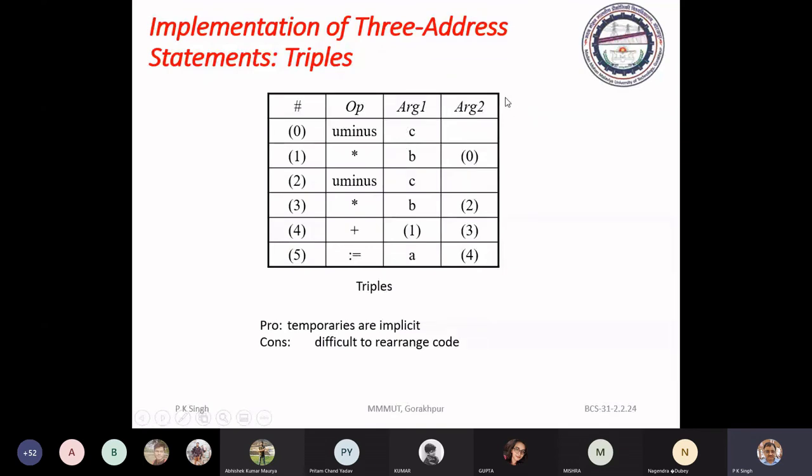You see, the result field is removed. And here you can see that 1 is referred to. So in our example, you have seen how information is referred.